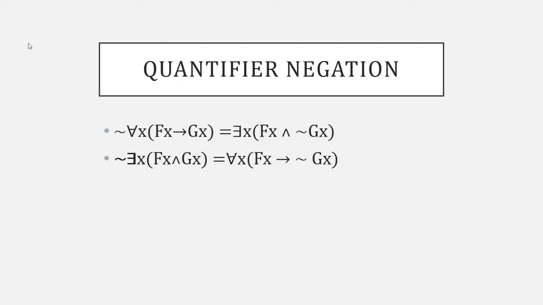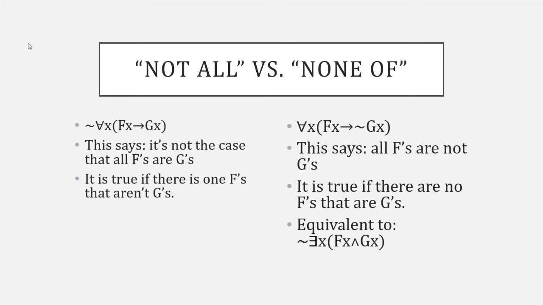Because a universal conjunction says everything in the universe has this property and that property. That's just not that common. And the existential is made trivially true by being a conditional, right? So if you say, if it's a cat, then it's fuzzy, then anything not being a cat makes that existential true, which is not what that sentence means. Okay, and I want to point out, I think I did not point out last time, that these two things